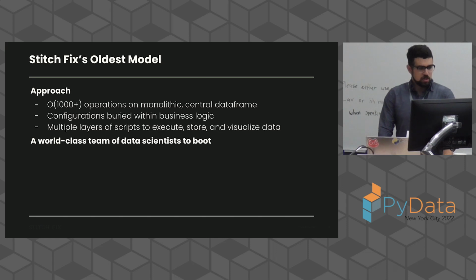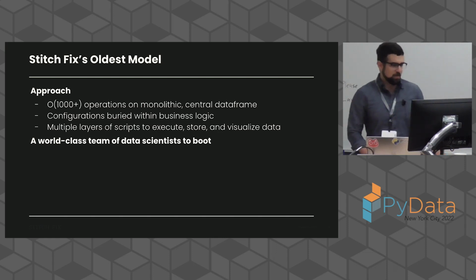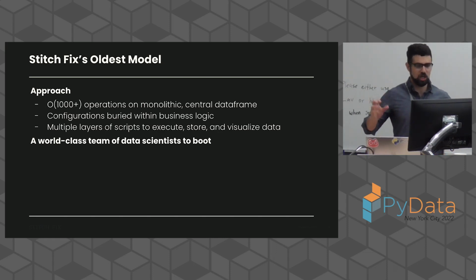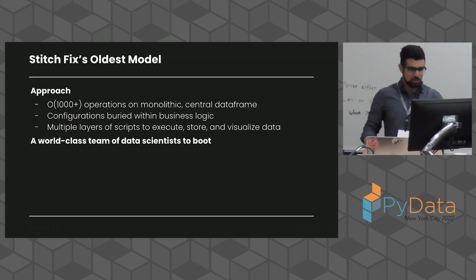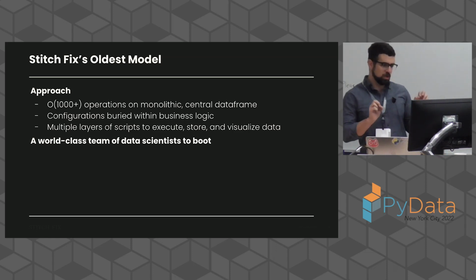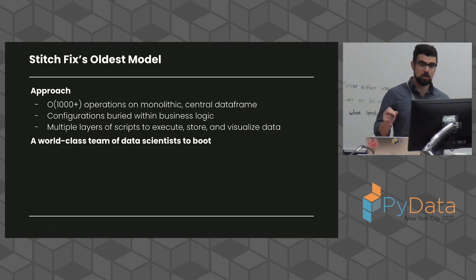So the approach before Hamilton came in was a bunch of operations on a giant monolithic central data frame. So time was the key, columns were different signals you want to predict. And there were like 1,000 to 10,000 to maybe even more operations. A lot of configurations that was buried within business logic. So when you want to model a fairly complex business,